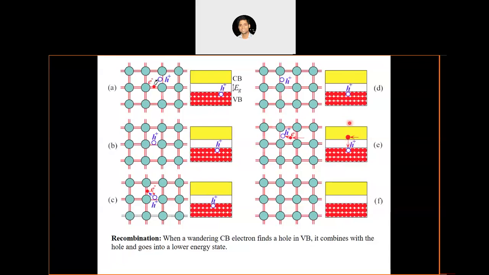Because it gets a lower energy state to move to, and any system wants to move to a lower energy state. So that's why this recombination event is also very common in semiconductors. And this is a very important thing also, because you can imagine the ultimate concentration of these carriers will depend on this recombination rate, right? If this recombination is very frequent, that means there are a lot of electron hole pairs which will be vanishing every time. So that's why the effective concentration of charge carriers will be limited because of the recombination event, right?